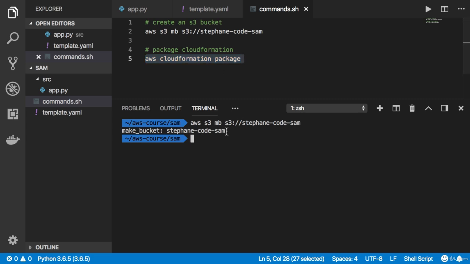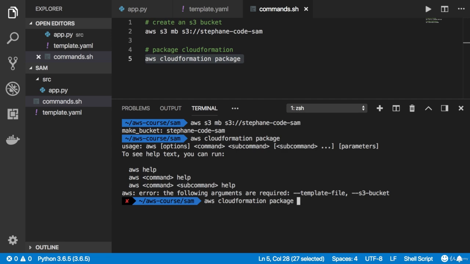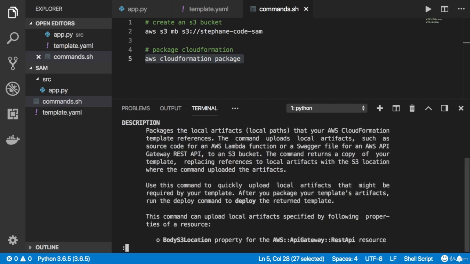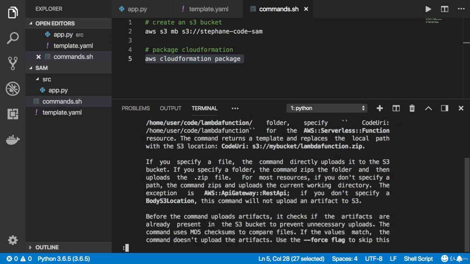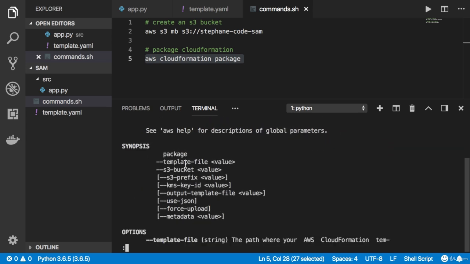So let's do this function, cloudformation package, press enter, and we'll do help to get some information around what we should be doing. And so if we scroll down, we see that we have to specify the S3 bucket we're in. So we'll say S3 bucket is stephane-code-sam. Okay. Then you need to specify the template file we have.